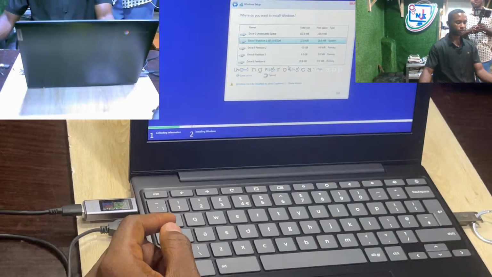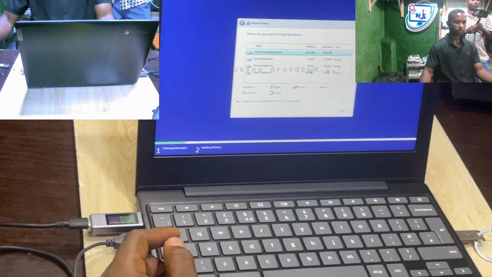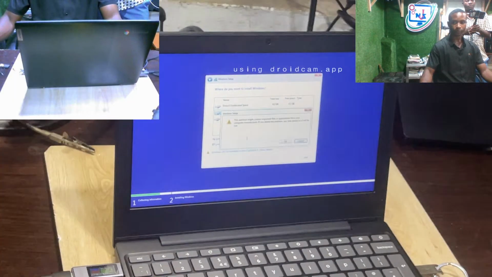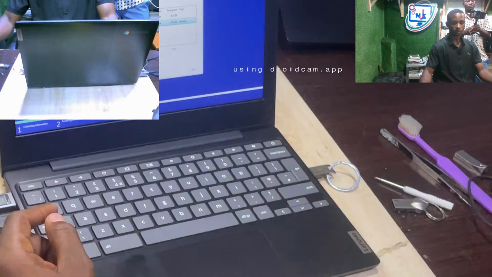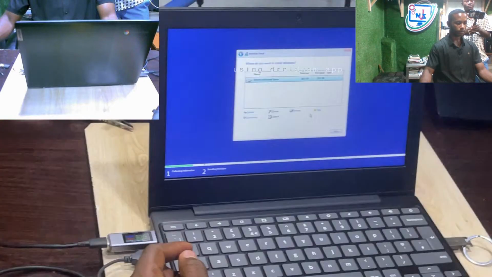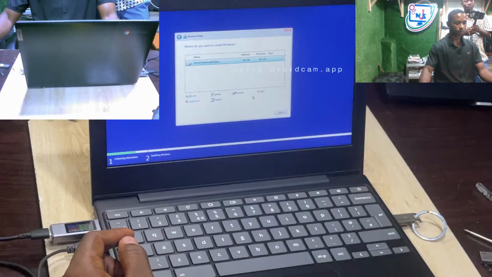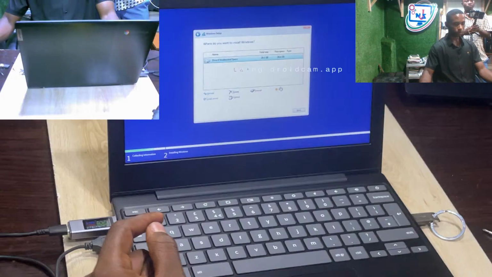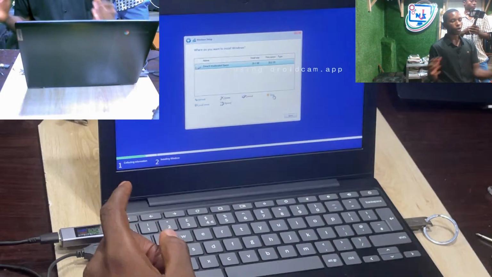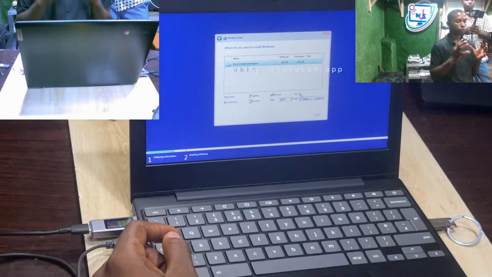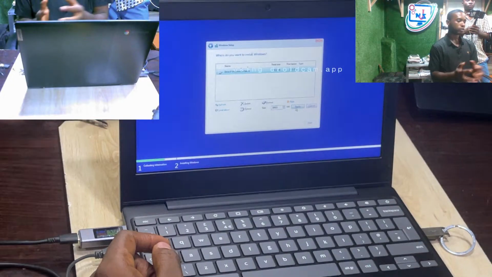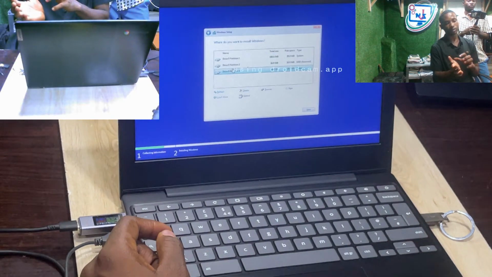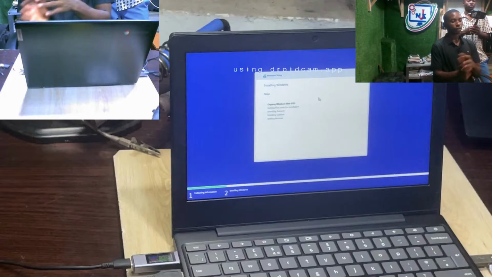Delete all this. Alright, create new. Apply. Okay, alright, so now we click next on this. Now we are copying the Windows OS files into the ROM. When you copy, this is what is happening. This is the process, it's copying it. After it has copied,